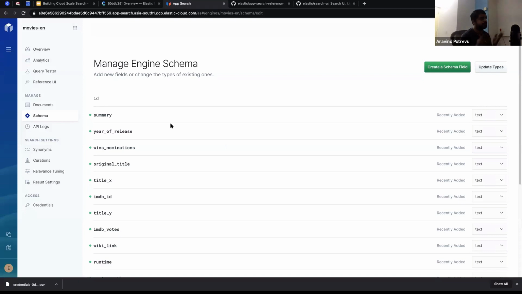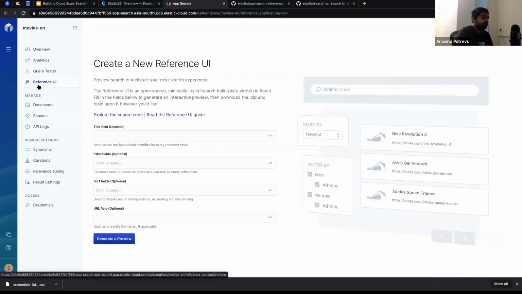The reason being, I'll show a project and then from there we can take off. So now that you have a document in the search engine, and also you have the schema in place, you could confirm that this is what I want to really see. I'll quickly show you something called Reference UI. Creating a search engine and indexing data is maybe not so difficult, just sending data over, but creating a search experience on top of the data in a beautified manner might take time.